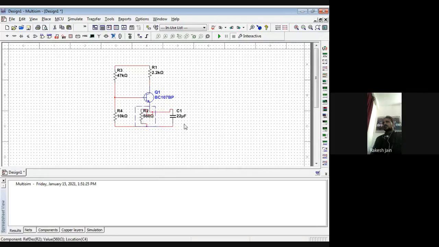Now you can easily see this 560 ohm resistance and this 22 microfarad capacitor, both are directly in parallel to each other. Now this bottom terminal is connected to ground and the upper collector side, the 2.2 kilo ohm one point, is connected to the 12 volt power supply.